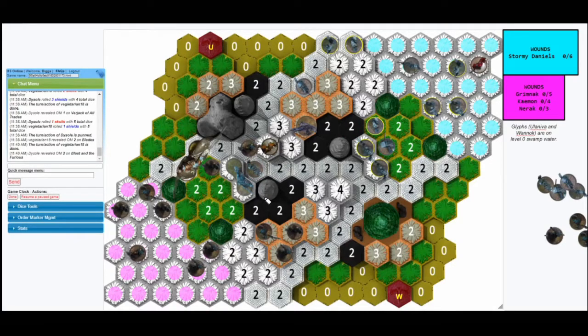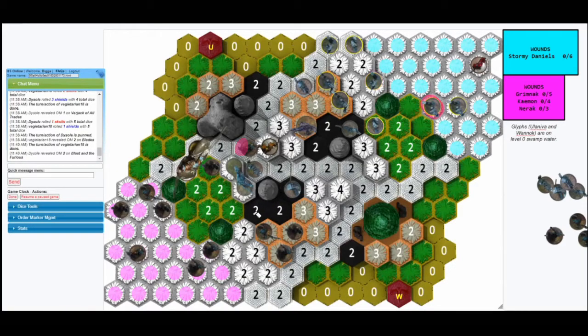So I like that locking down that blade glut there, because now you're essentially screening Grimnack out as long as you don't kill that blade glut. So that blade glut is actually working for Dysole. I would not kill that blade glut, because as long as that blade glut is alive... well, actually, he's got that Gladiatron on the shadow, so Grimnack can walk around.